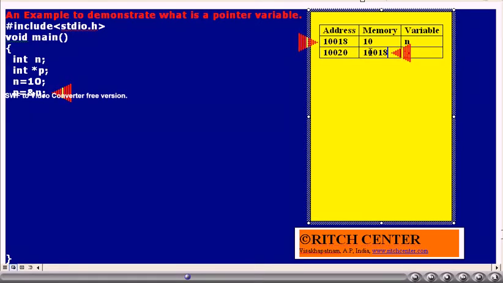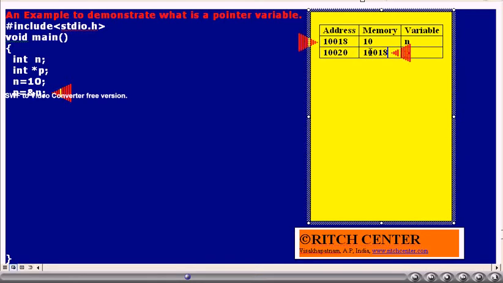Here, n is already declared. For that, the memory cell numbers 10018 and 19 are already allocated. That address 10018 we have assigned to the pointer variable p. Thus, we are not violating anything. Thus, the address of n is assigned to p.